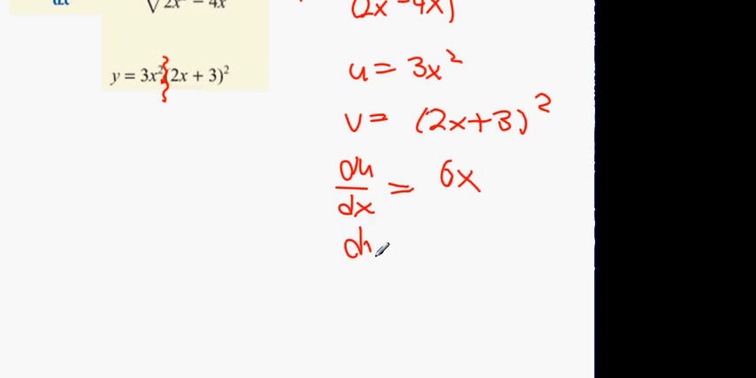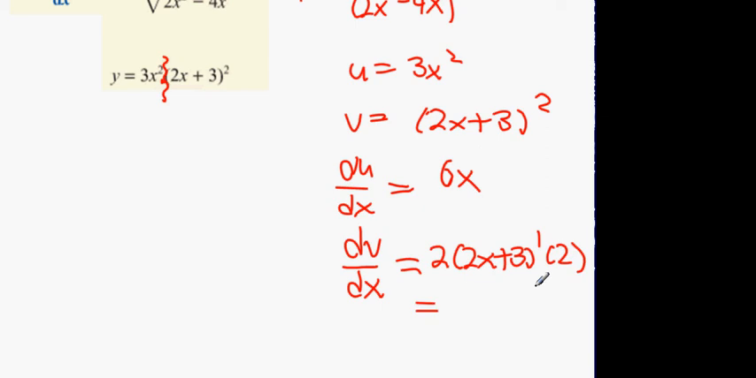dv/dx ends up to be: bring 2 to the front, take 1 away from the power, differentiate what's in the box, and we get, like earlier, 4x, 8x plus 12, isn't it? Okay, now once you have that, you then